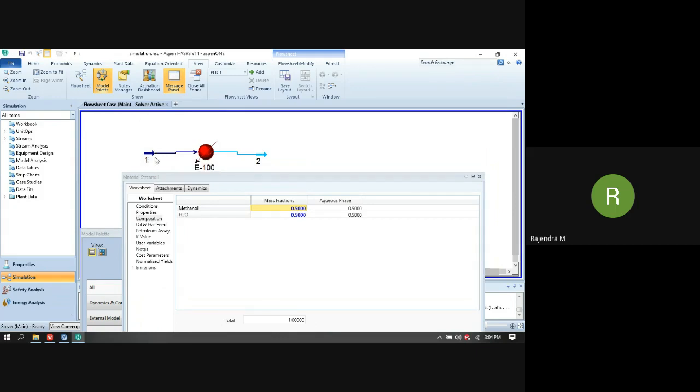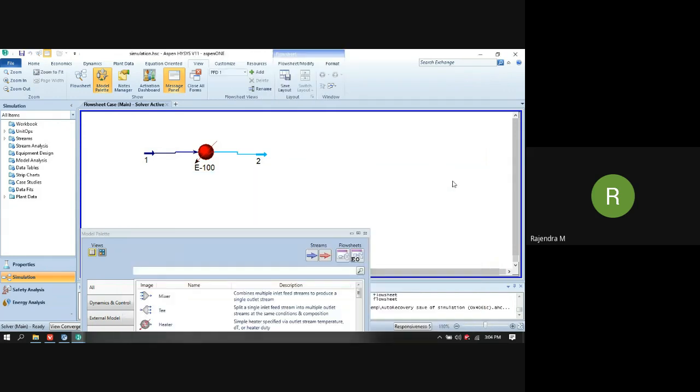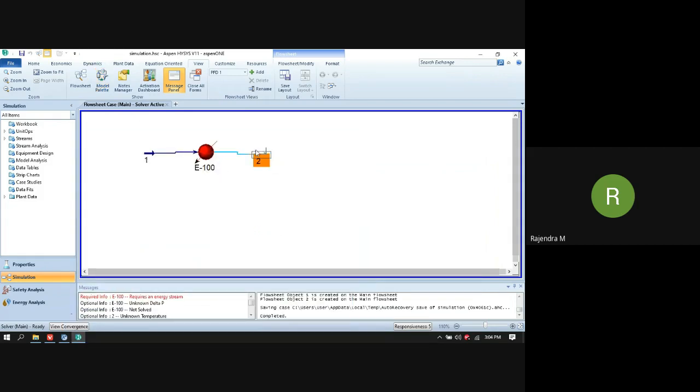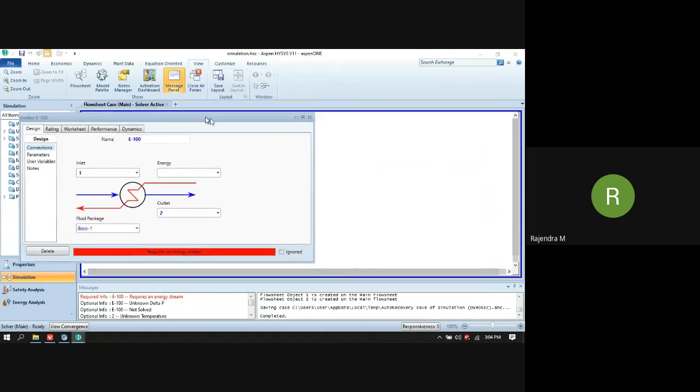After converging, it will change its color from light blue to dark blue. It means that we have to provide additional data in order to converge these two objects. One is a heater and the other is a stream. Okay. So I can close this tab. And we'll move to the heater. So energy is provided. We have to provide some data in order to get this converged.